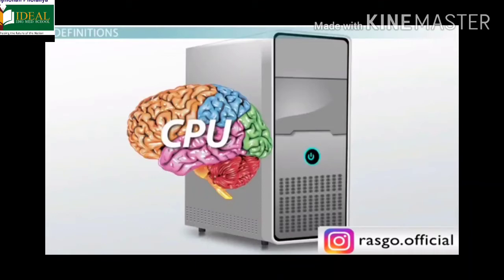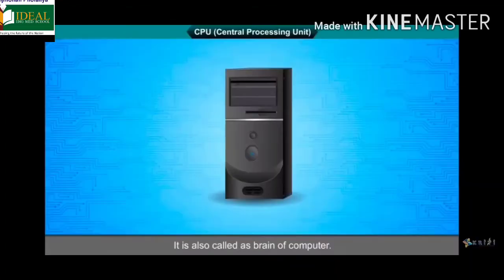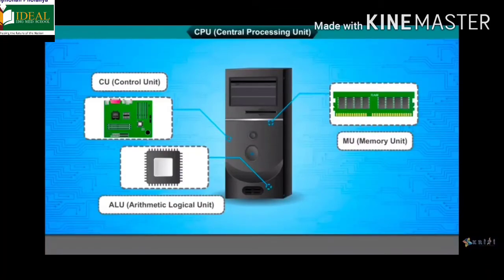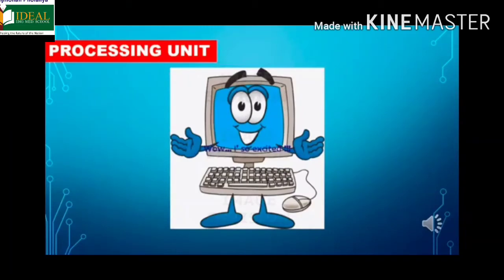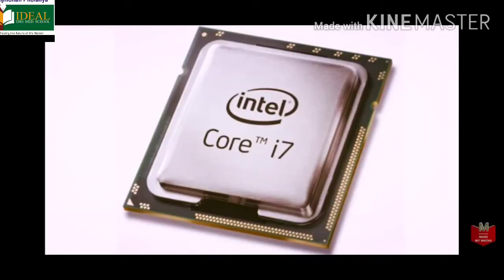The CPU is called the brain of the computer as it controls the entire working of the computer. It processes the input with the help of the program and gives the output. On receiving the data and instructions from the input devices, the CPU decides what to do and how to do it, which unit will do it, and accordingly it sends the message or the signal to those units. After processing the data, the CPU generates the information and displays it through the output device.